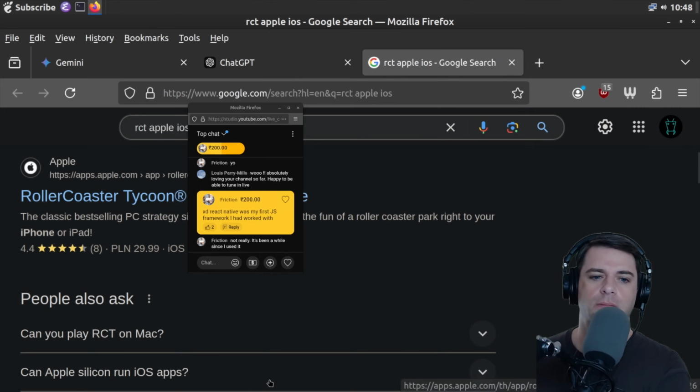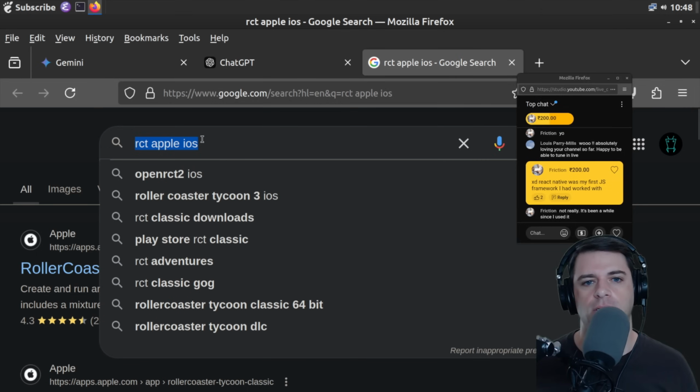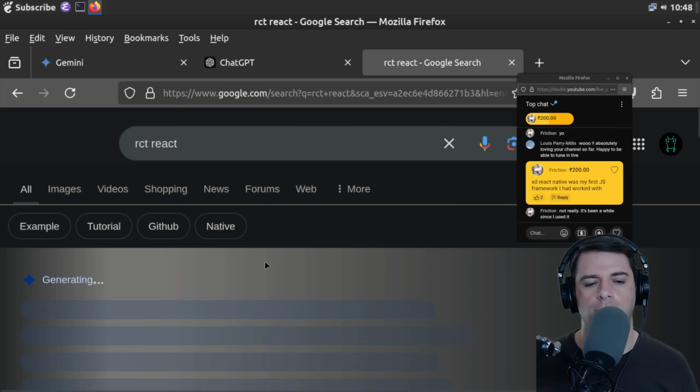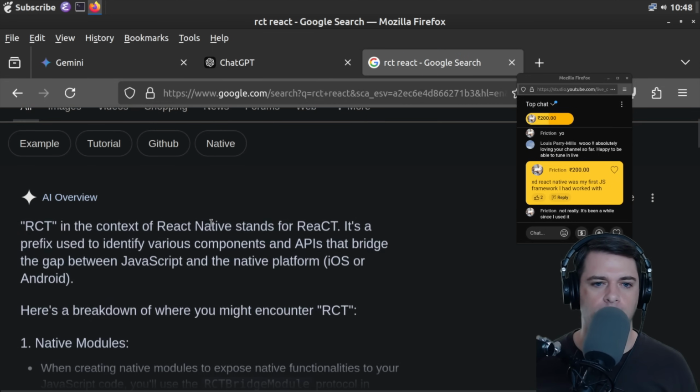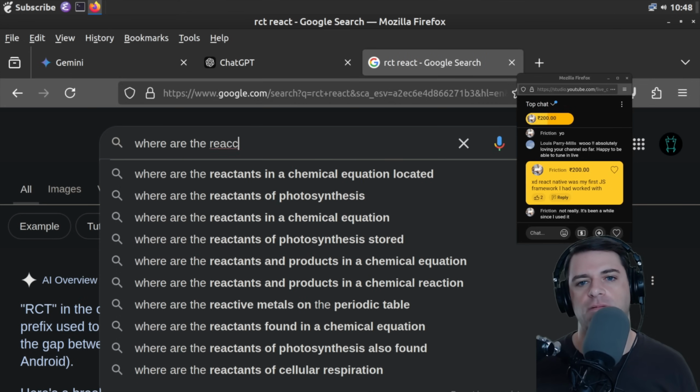Roller Coaster Tycoon. How about RCT React? Is RCT just React? Stands for React. Okay, so where are the React Native